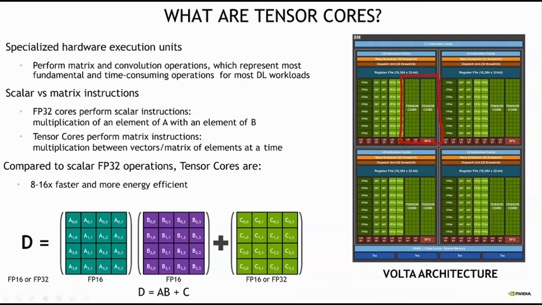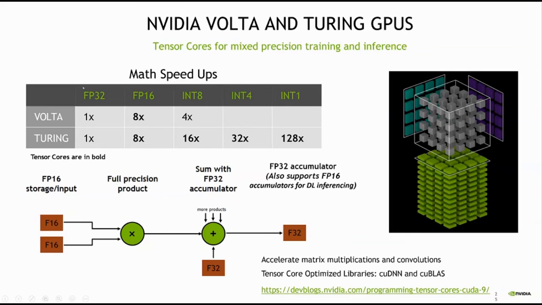Let me talk a bit about the performance numbers. As you can see here, for FP16 compared to FP32, you almost see an 8x improvement in performance. Now again, when I say 8x improvement, this is very much dependent on the architecture and also on the framework, the way it is being implemented. So 8x is the theoretical peak. You might not always get an 8x improvement in performance, but yes, you will get about 2x or 3x or even 4x at times improvement in the overall performance using the FP16 compute math.